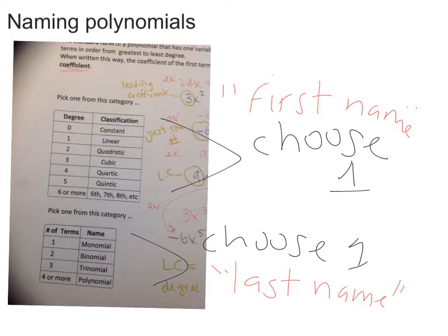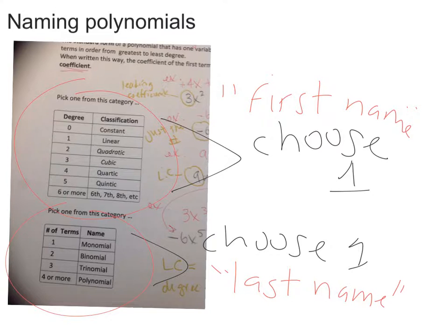Today we looked at naming polynomials. You had this handout yesterday and it's in your notes. We have to pick one from this category right here. This is like its first name, and then this one down here is kind of like its last name. So you want to look at your